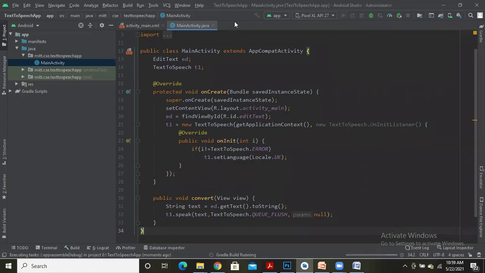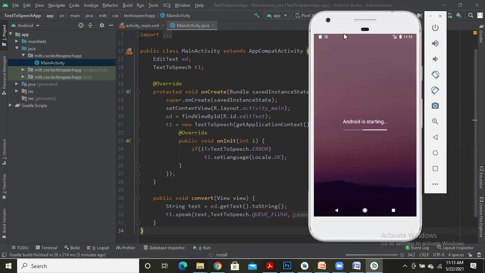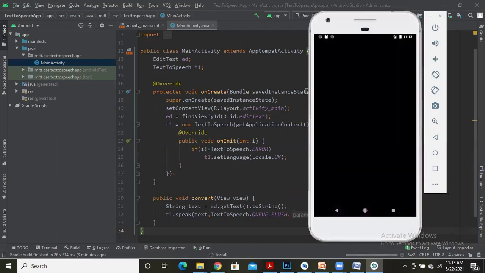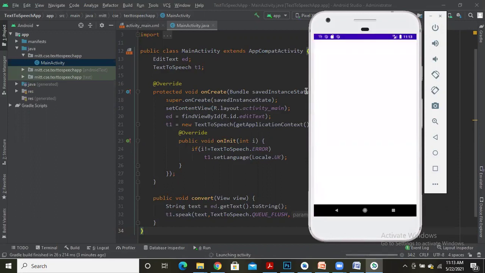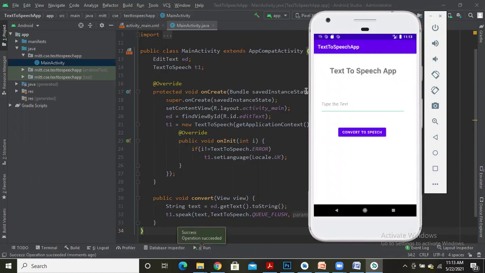I'm going to run it. It takes some time to load the emulator. Launching activity. Yes, we have our application launched onto the emulator.